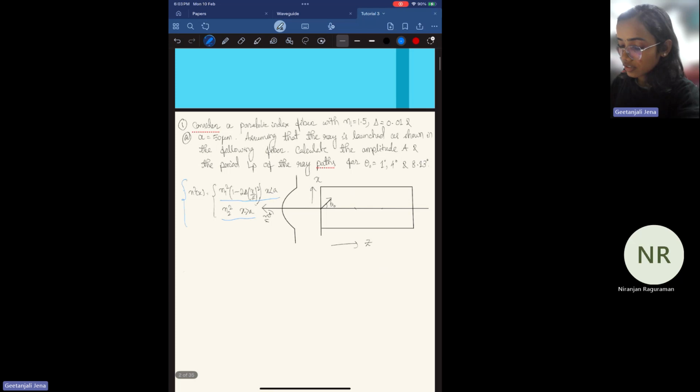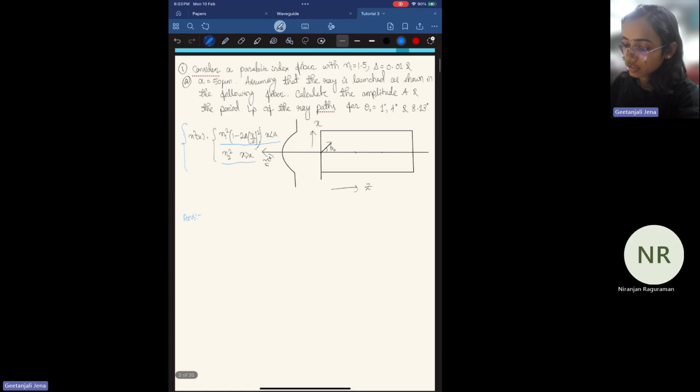So let us start. If you recall, we have the ray path equation, d square x by dz square. It's always good practice to start from the ray equation because you don't know what refractive index profile will be given in the exam. So always start with the ray equation, then incorporate the refractive index profile to find the solution. n square x is already given inside the core: n1 square times 1 minus 2 delta